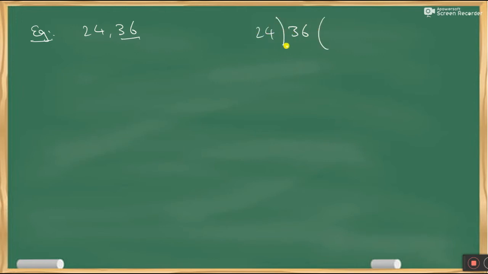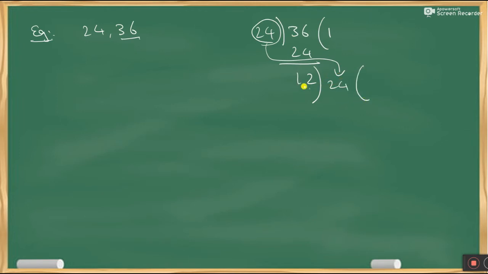I think we are familiar with this. The number in the middle is called the dividend, this is the divisor, this will be the quotient, and after doing the difference, whatever solution we get, that is the remainder. So 24 goes in 1 time, 1 times 24 is 24, remainder 12. Now remember, if you don't get 0, you have to repeat this procedure. Whatever the remainder is, make it the divisor, and the divisor will become the dividend. That means you have to drag it here.